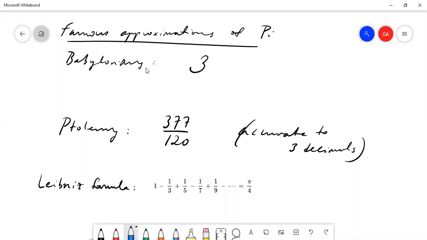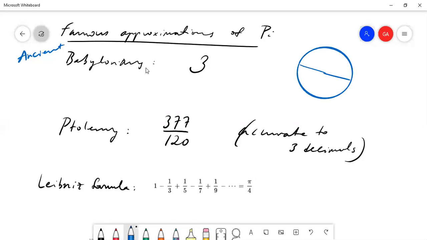So the ancient Babylonians, I should say, not the modern day Babylonians. The ancient Babylonians thought that pi is 3. And this was also reflected in the Hebrew Bible, in the Old Testament. The value of pi is proclaimed to be 3. And this was a humble estimate, that people used to think that when they took the circumference and they divided by the diameter, that the extra digits that they were getting were sort of not desired,